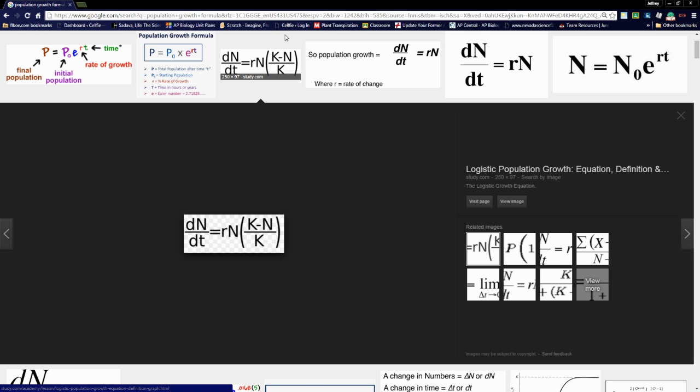Okay. That equation right there? No, you do not need to know this. That equation right there is really what you need to know, right? This is the number of individuals over time. That's population growth. How many individuals you get over time, okay? The R stands for how many individuals are put into the environment by every individual organism. So if R is high, it says the organism puts 10, 20, 30, 40, 100 offspring into the environment. So R is output of offspring.